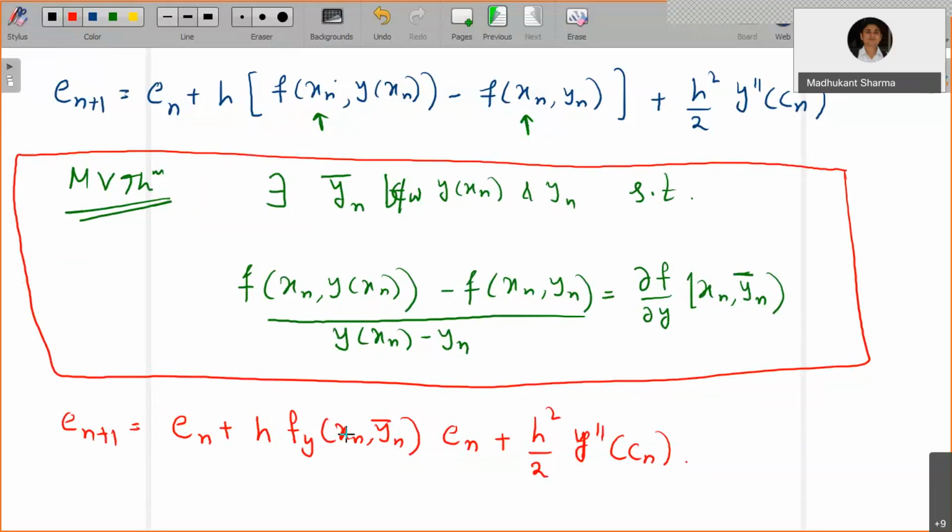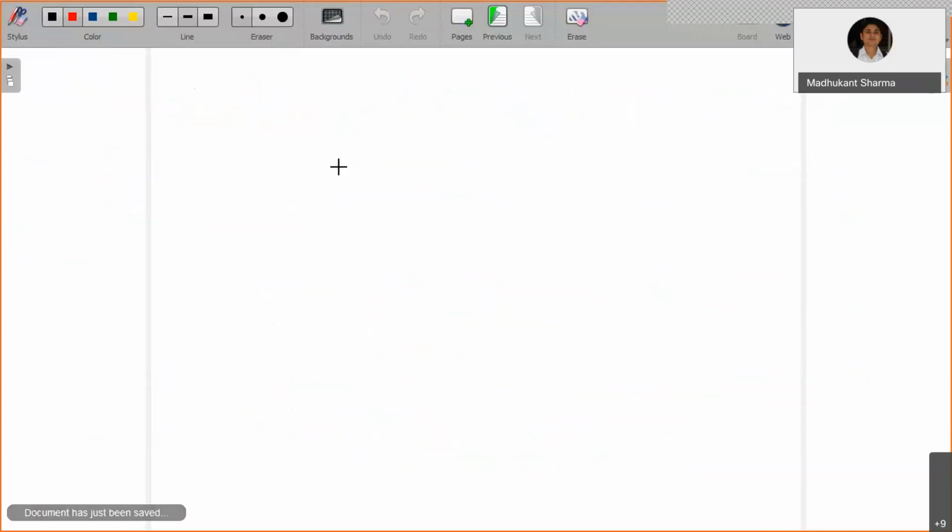Similarly, if a third derivative is required, you can again use f. You have to differentiate three times partially and so on. Some complicated expression will come, but definitely you can get the expression. Okay, so now, for looking at the boundedness of the error, we are going to assume